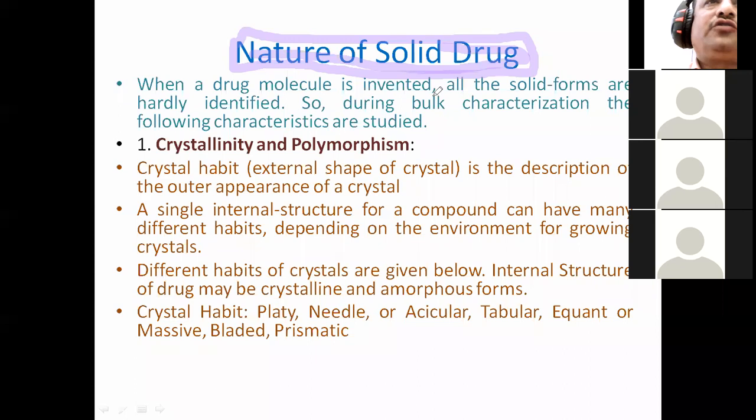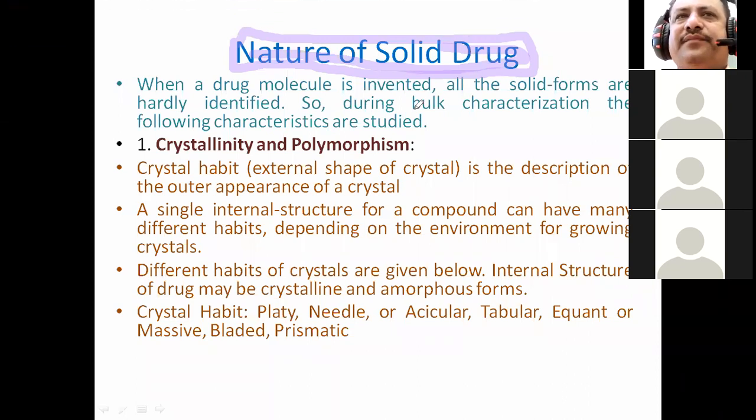Okay. So whenever a drug molecule is invented, all the solid forms are hardly identified. Suppose a drug is invented and gets approval, that is the regulatory clearance from the regulatory agencies. When a new drug comes, a new drug application, NDA, is filed by the company which has invented the drug. So at the time when it is invented, all the forms of the drug are not known. So during bulk characterization, the following